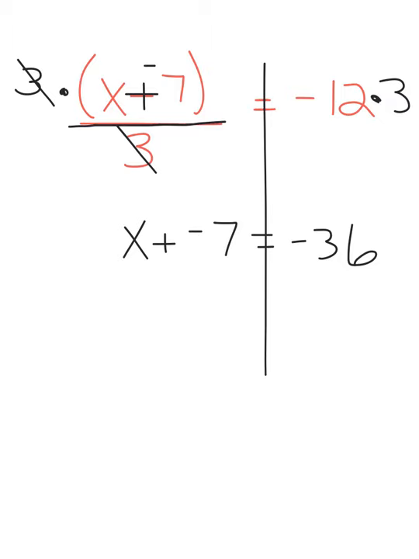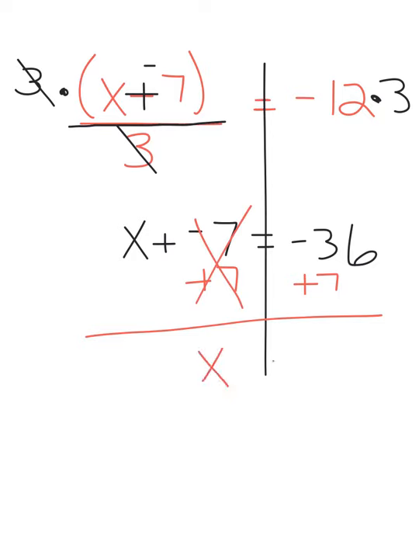And we have one more step to do, and that would be to get the x all by itself, and the inverse of a negative 7 would be to add 7 to both sides. And when you do that, we get x equals a negative 29. Again, I can't stress enough, we could write the original problem. We could plug our answer in for x and use the correct order of operations to see if we did the problem correctly. Go through, don't forget